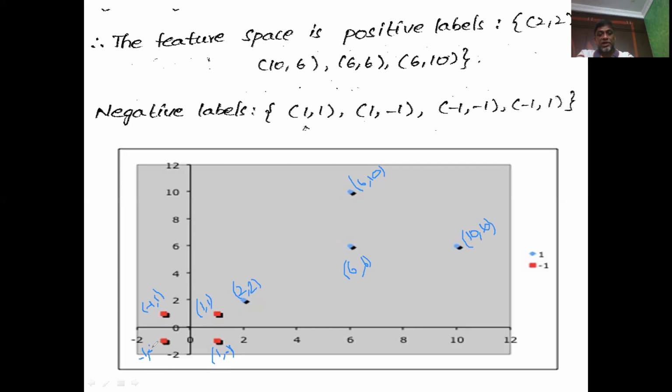So now, can you draw a straight line to separate these red dots from the blue dots? Yes, of course we can. We can draw a straight line anywhere here, something like this. There are many hyperplanes possible now. So what we can say, the feature space is now linearly separable, right? Do you understand this? Previously, the actual input patterns are not linearly separable. After converting it into feature space, now the input patterns are linearly separable, right? So because it is linearly separable, now we can follow the same steps which we used in the design of linear SVM from now onwards.